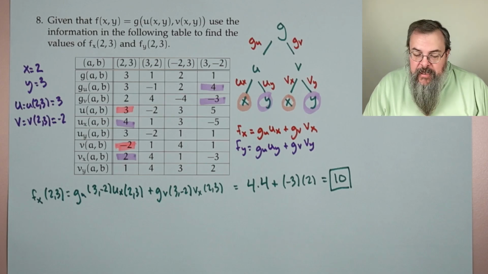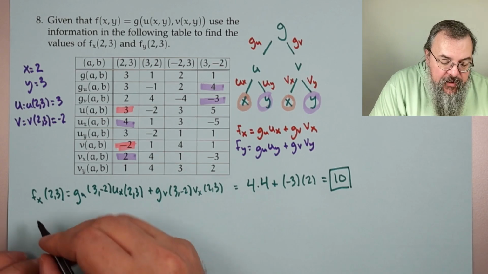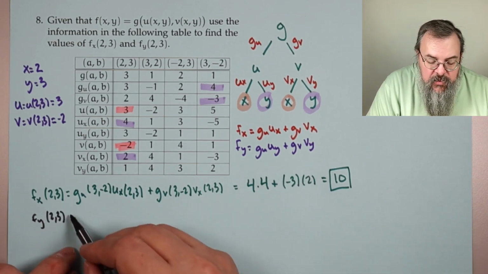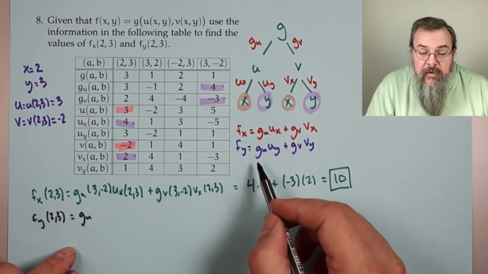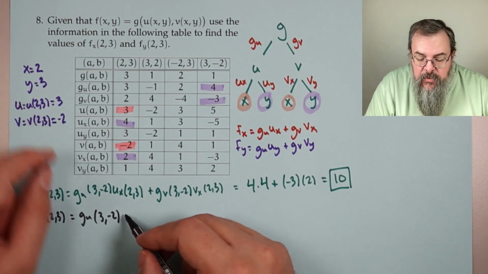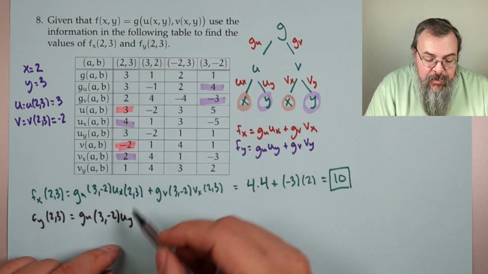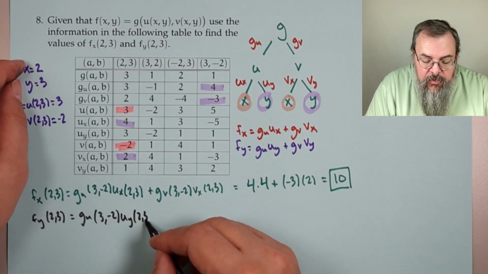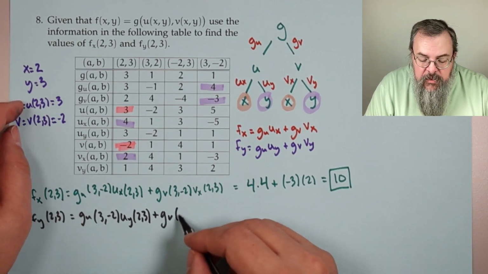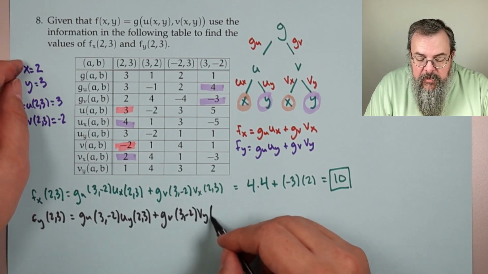Now we'll repeat, but for our other variable. Okay, so we have f sub y at (2, 3) is g sub u, but g depends on u, so we use our variables: (3, -2), u sub y, and u is a function of x and y, so we use our x and y values, (2, 3). g sub v, again back to our u, v values, (3, -2), v sub y at (2, 3)